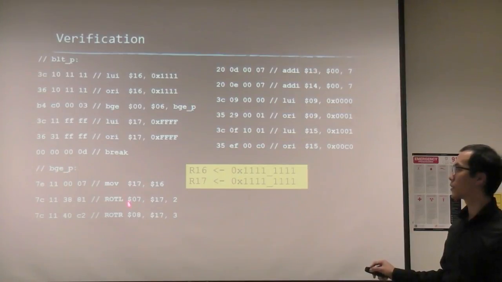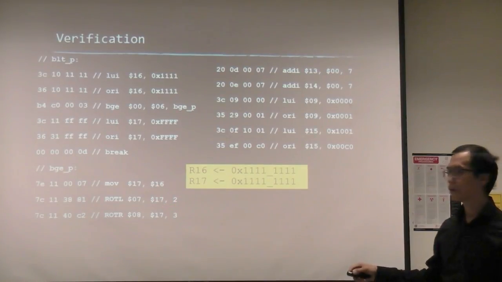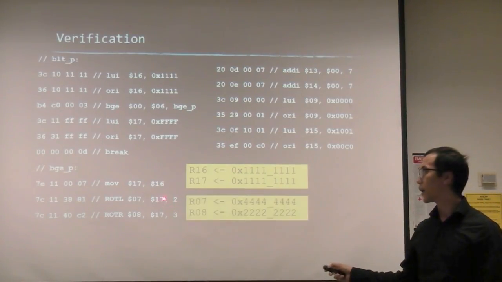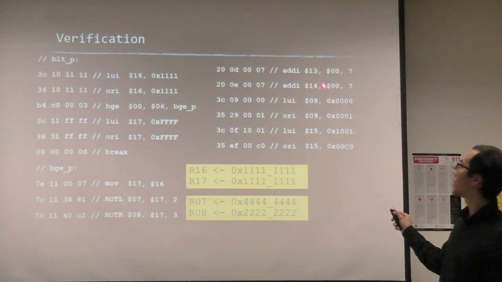Then we're going to do the next instruction, which is rotate left and rotate right. We have to rotate the R17 by 2 to the left. We will get 4, 4, 4, 4. And then we rotate right by 3. We will get 2, 2, 2, 2. And after that, we